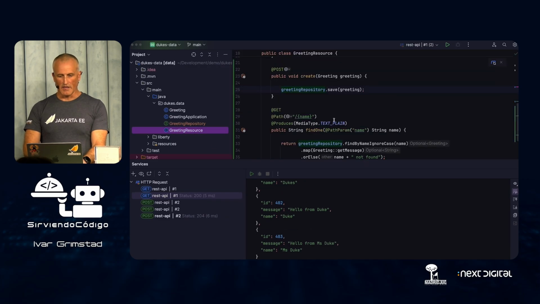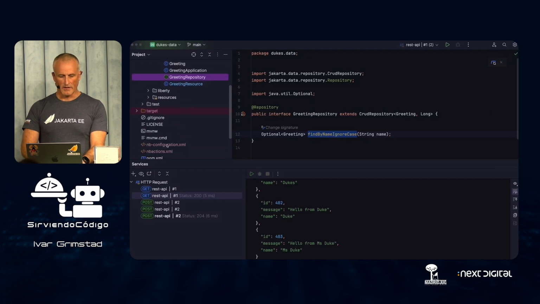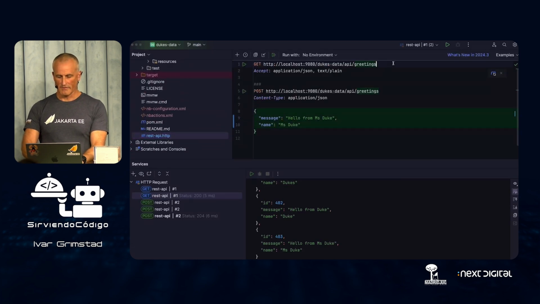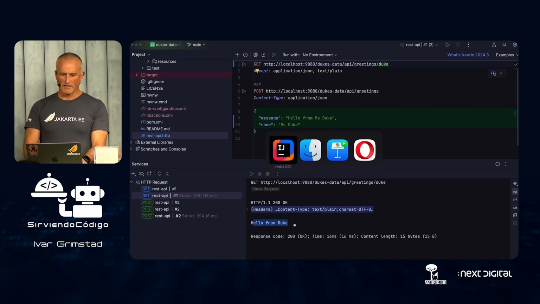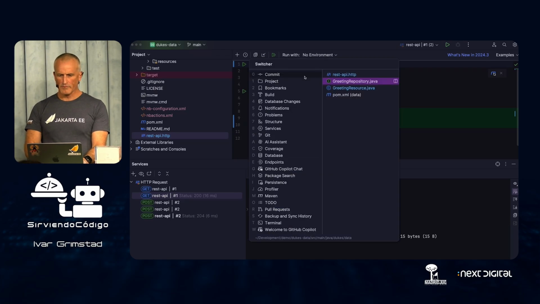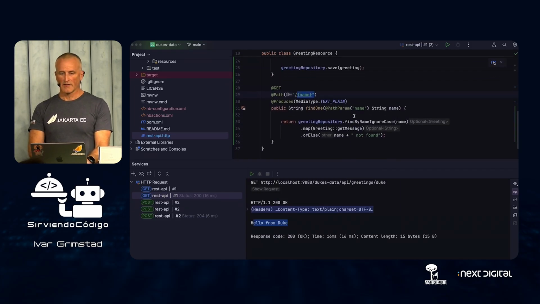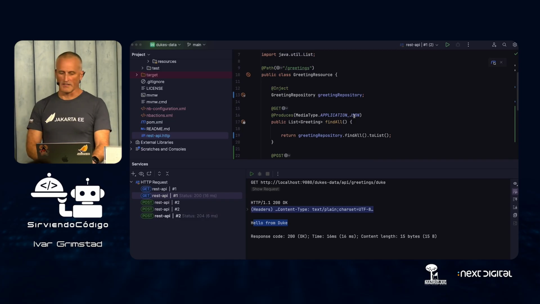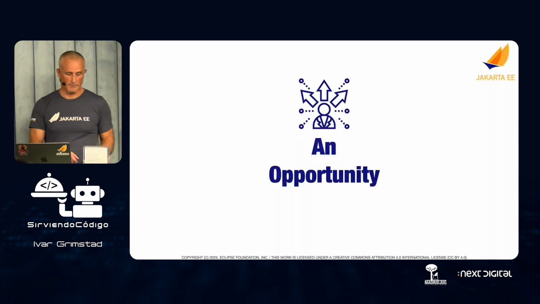And if you remember the findByName method, if I only want the Duke message because there is only one Duke, then I can take this and filter by the Duke, and there's hello from Duke. So it's very similar to Spring Boot, or identical to Spring Boot more or less, and very convenient to create nice database access without writing any database queries or anything.